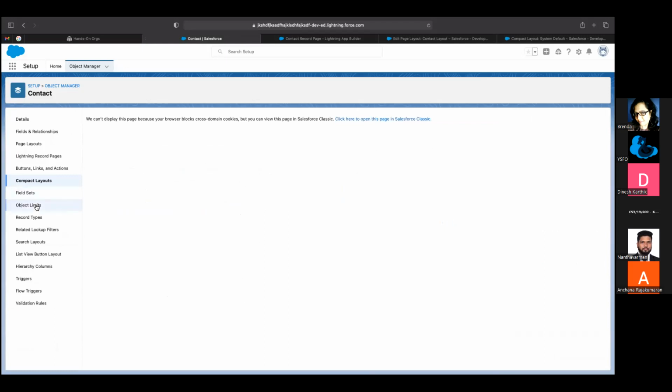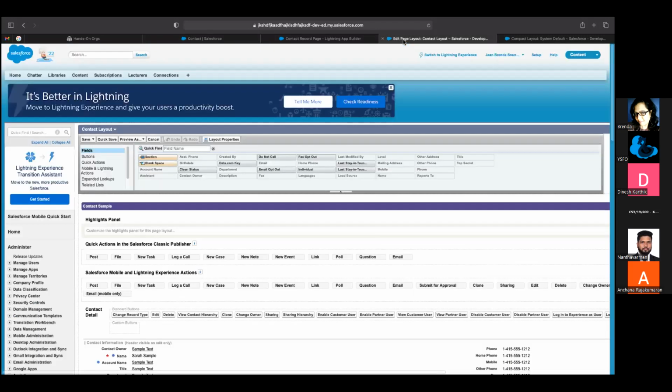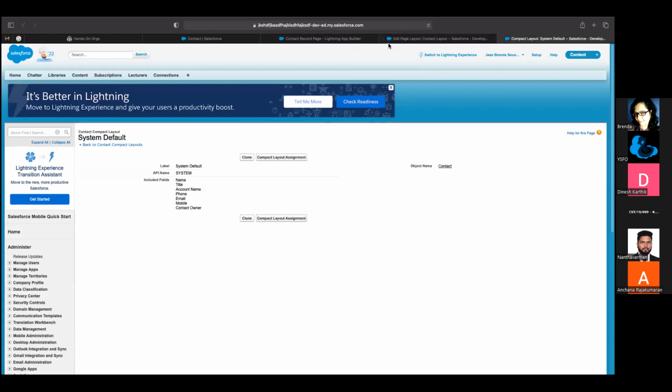So there are lots of things there. I'm not going to explain one by one, but you can explore it when you are doing the Trailhead module: the search layout, list view layout, hierarchical column. So when you search something, so here, okay. So let's say we are going to,